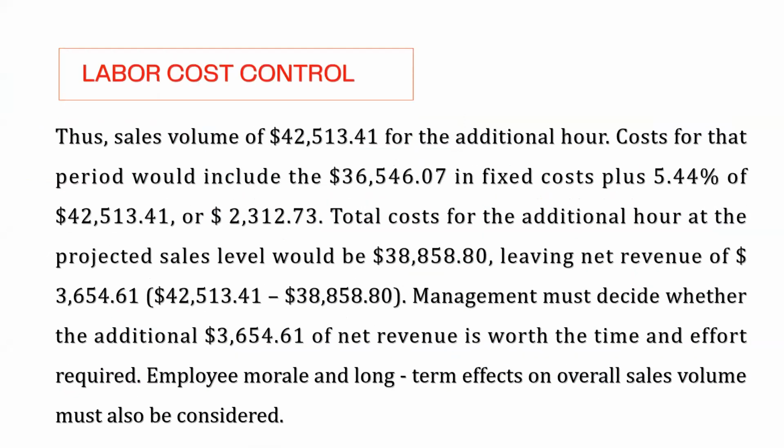So, thus sales volume of 42,513.41 for the additional hour. So that is how much you would need to be making in order to accept the decision to stay open for the extra hour. Costs for that period would include the $36,546.07 in fixed cost plus 5.4% of the $42,513.41, or $2,312.73. Total cost for the additional hour at the projected sales level would be